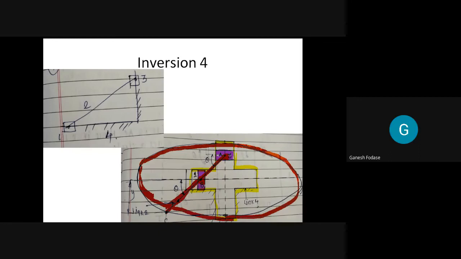Yes, sir. Hello. Okay. See why it is elliptical. Why is it called elliptical trammel? Because any point on that link number 2 will trace an ellipse. Okay, now we can prove this. How can we say it will trace an ellipse? Of course, when you see the animation, you will get an idea. But we can prove it geometrically also.